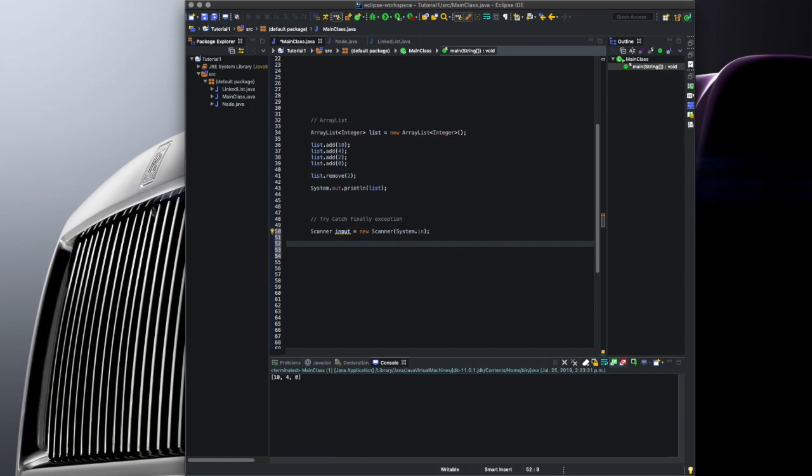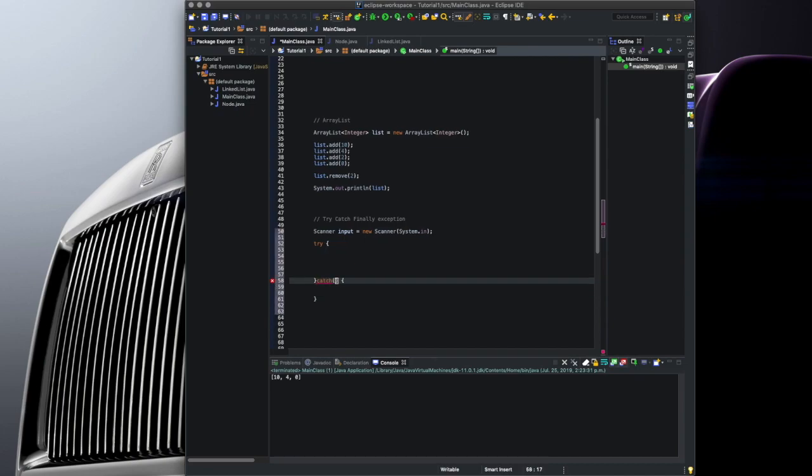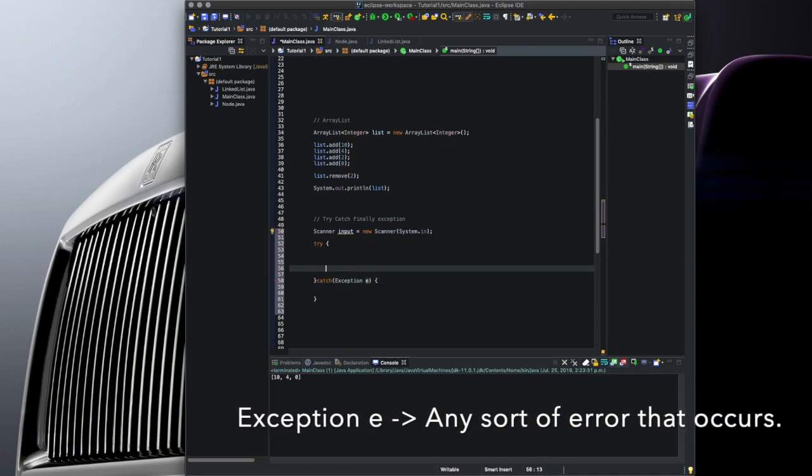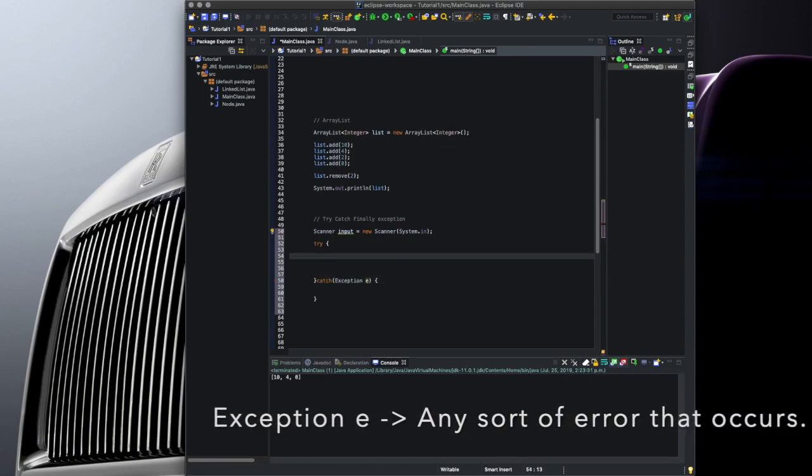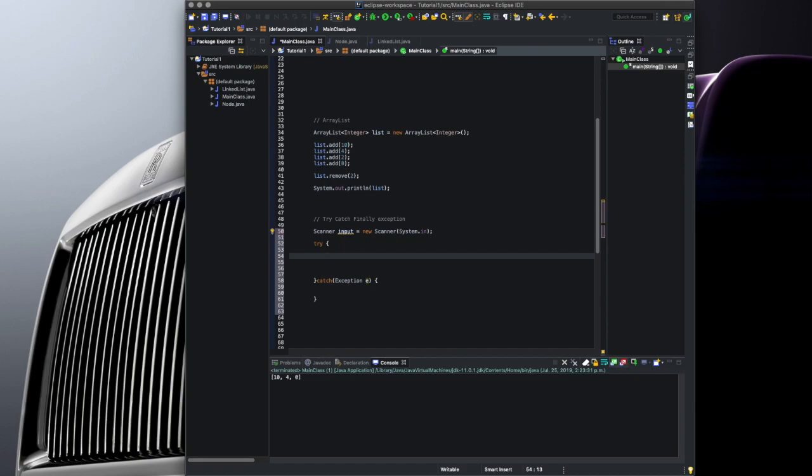Now we're going to use the try exception. So what we do is we write try, and everything that we want to catch is basically in here. So when there is an error, we're going to utilize the catch right here, and that is going to use an exception e. So let's say, for example, we want to ask the user to input two numbers. So let's write System.out.println,